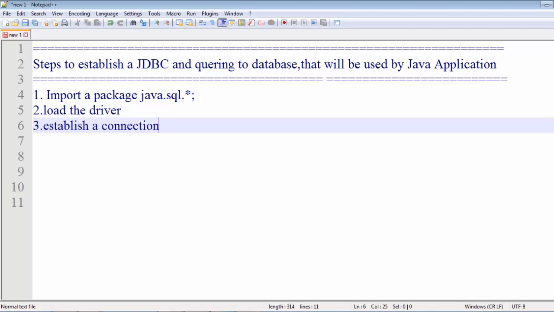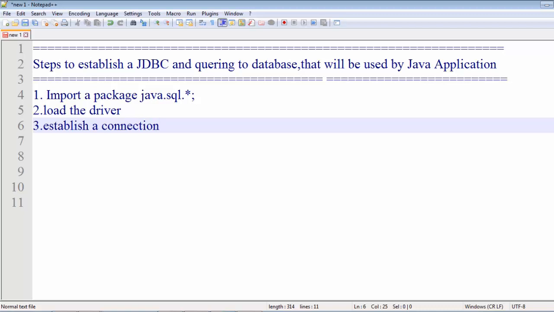First of all, I'll discuss what the different steps are. The first step is to import the java.sql.* package. Second, we have to load and register the driver, which is the component used in communication to establish the connection. After that, we establish the connection with the help of the DriverManager class.